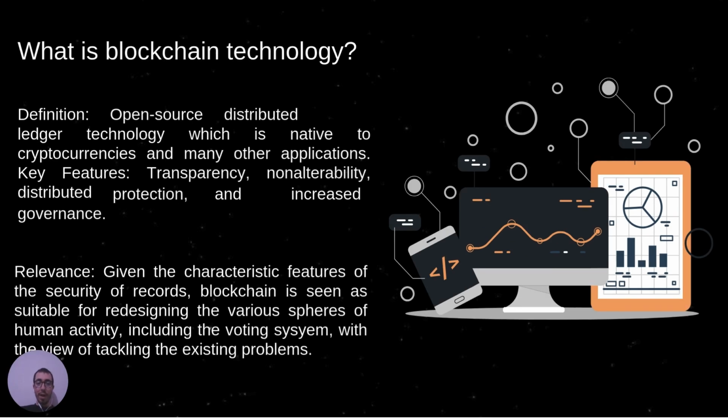So, starting with what is blockchain technology? In fact, blockchain technology is a transparent and open source distributed ledger that is crucial for cryptocurrencies and contains several key features such as transparency, immutability, as well as increased governance with security. This is a very good thing to have for a voting system that is based on blockchain, and to move away from our normal and traditional voting system